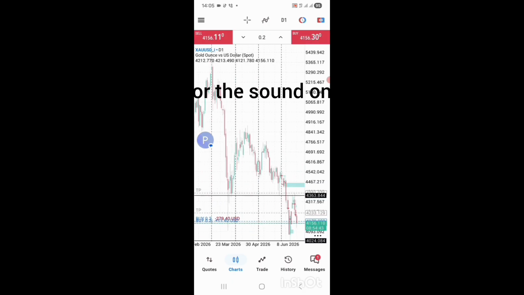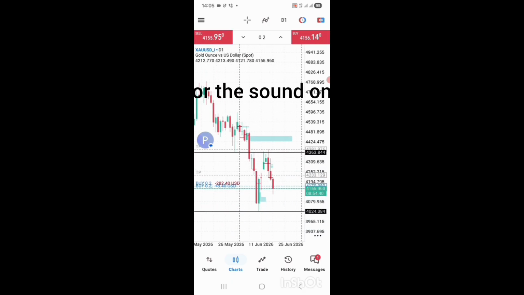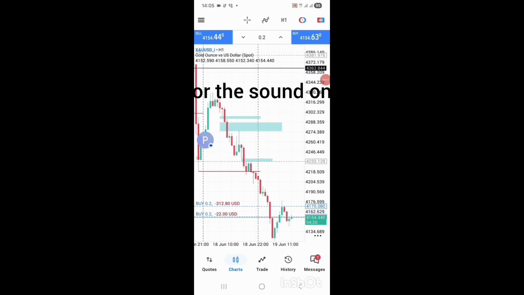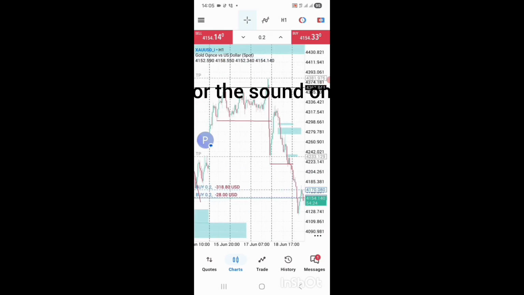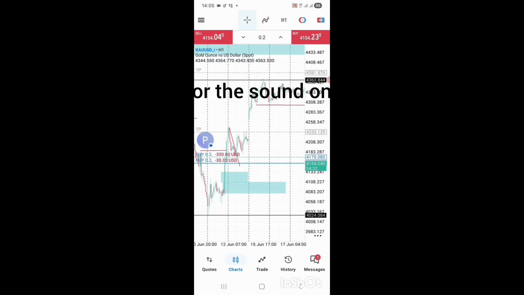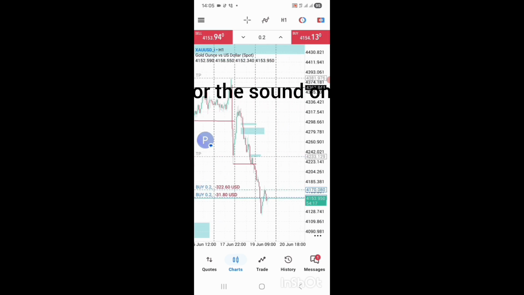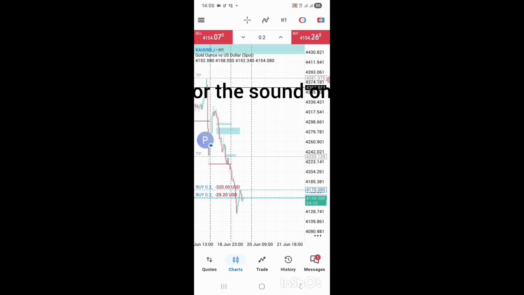Price created a low right here, which is confirmed by these two candle closures, of which that low has now retested the fair value gap of this structural break, which we are trading today here. We're waiting for it to go up, down, and then up again. Let's see how it goes.